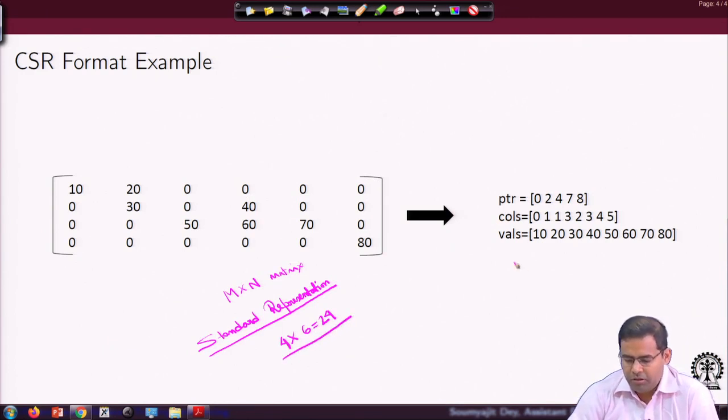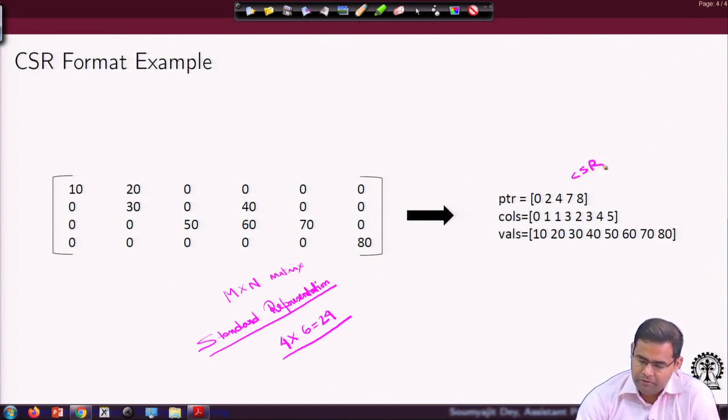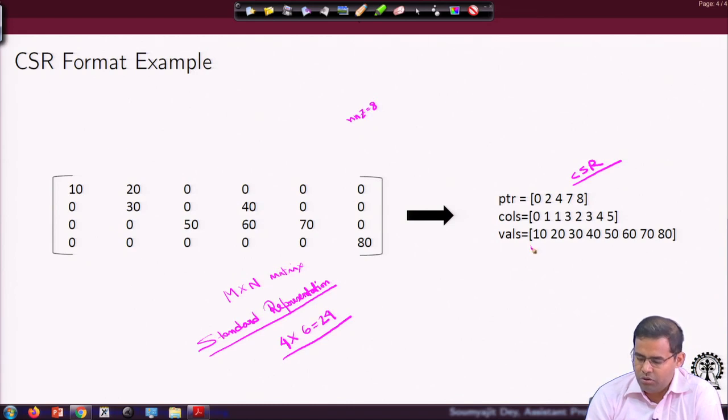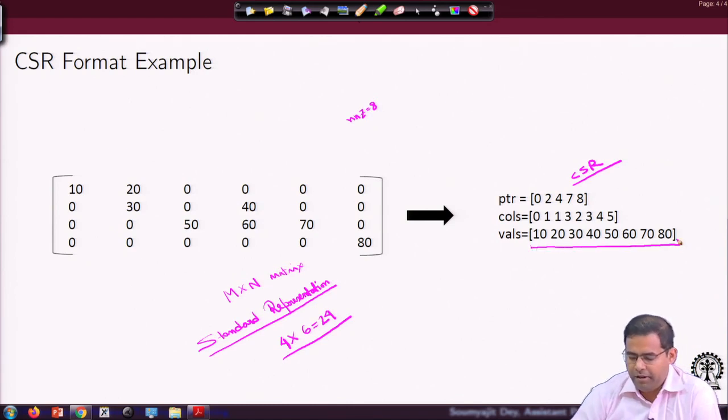And here on the right-hand side I have the storage in CSR format, and we are just using 3 1D arrays, right. So, first of all, what are the number of values? 1, 2, 3, 4, 5, 6, 7, 8, right. So, these are all stored in the val array.